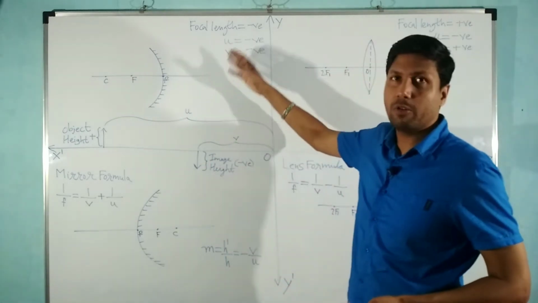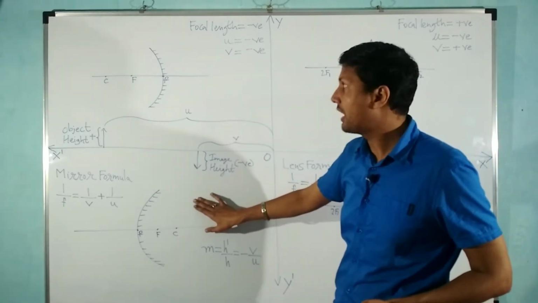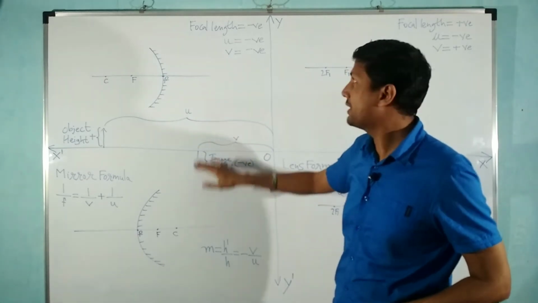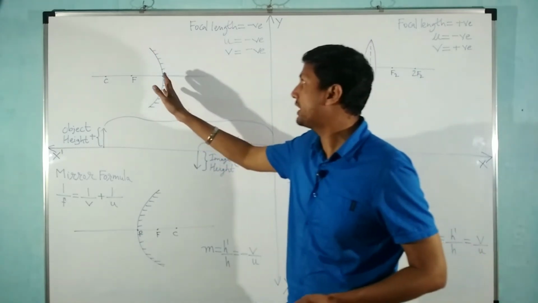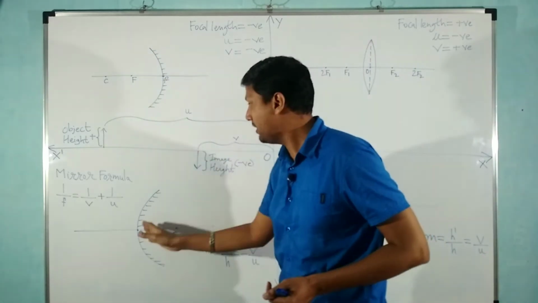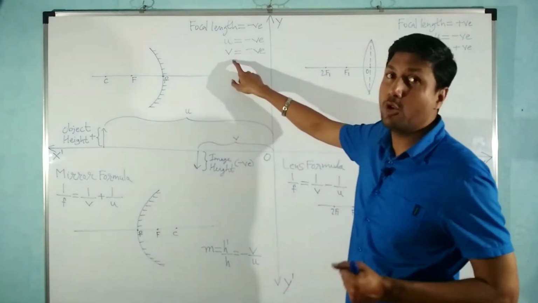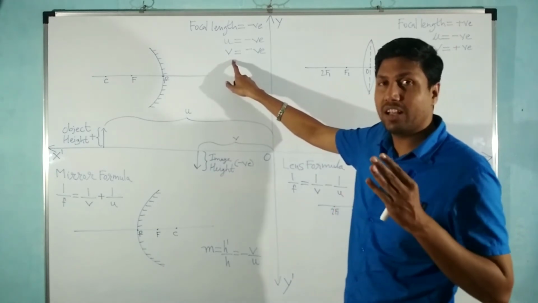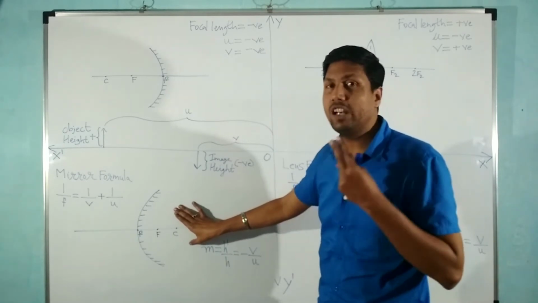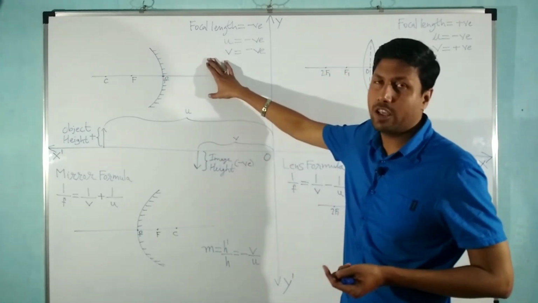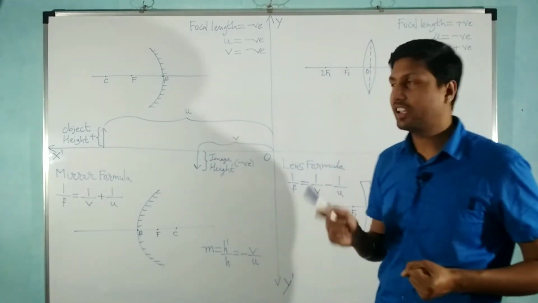Similarly, the same thing applies to the convex mirror also. So these two things are done right now. We can say that the object distance will always be negative because the object is always kept on the left side of the pole. The image distance is negative for all cases other than the last case. Here you can apply the same thing, but the cases may be different. There are only 2 cases, whereas in the concave mirror there are 6 cases. And there's only one exception, the last case, that is the virtual and erect image.